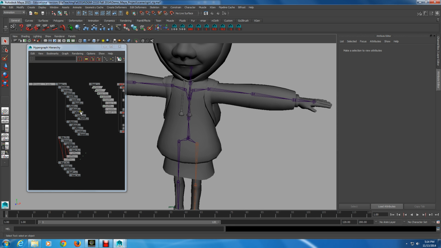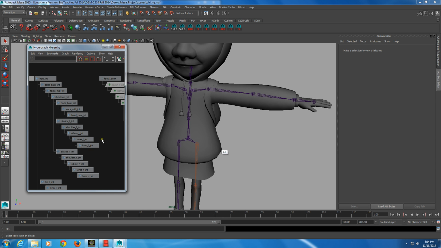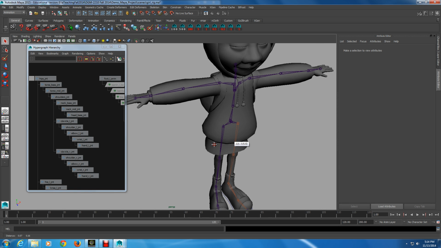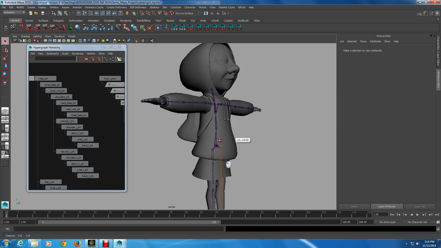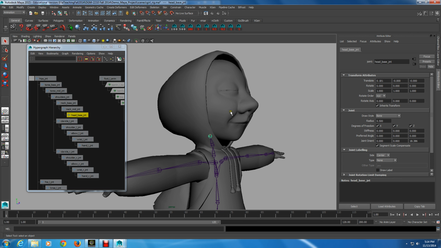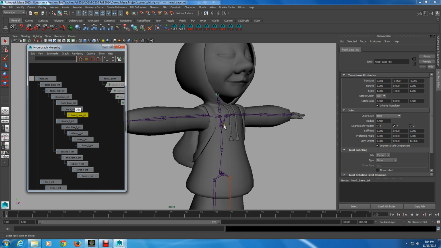Now, first things first, we want to select all the joints in our hierarchy that we want to use for skinning. Well, that's every joint except for the tip joints. Okay, so this is a tip joint, but I'm going to use it, because this one would normally have a tip joint at the top of the head, so that it could orient to that, which I showed you guys in the previous tutorial. So I'm going to select all these joints here,